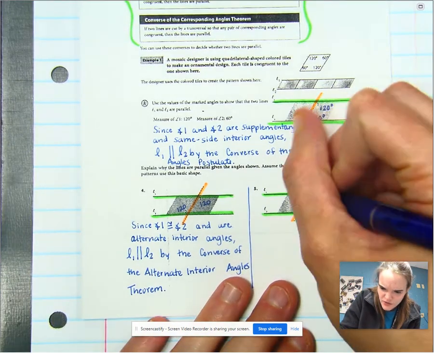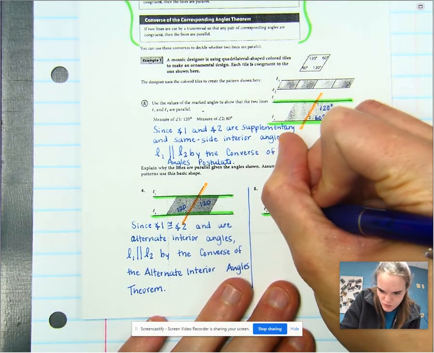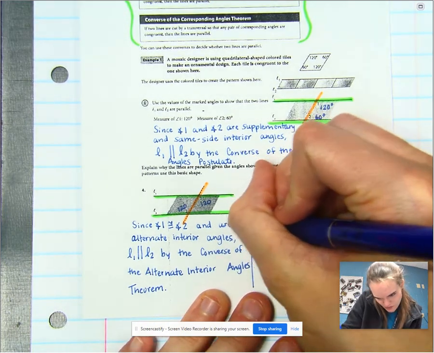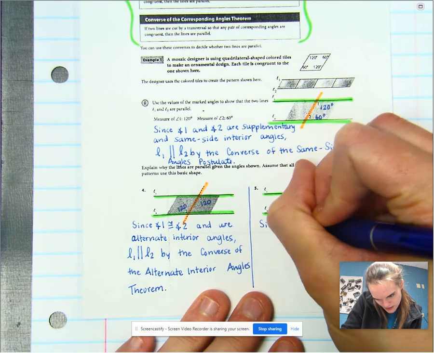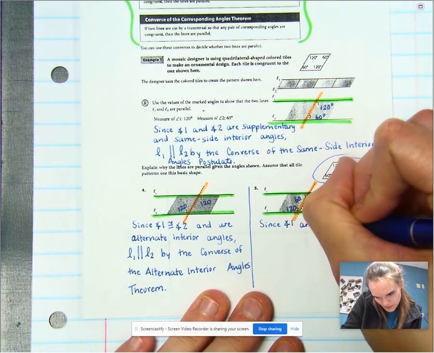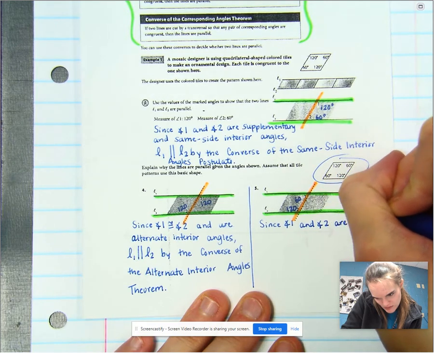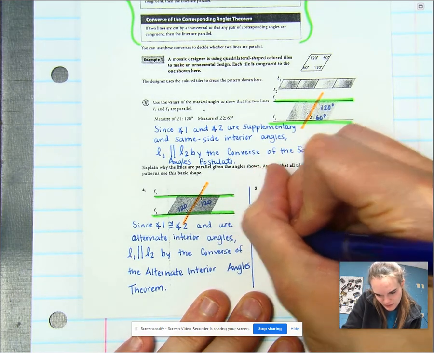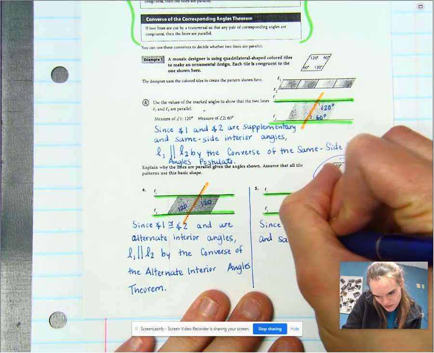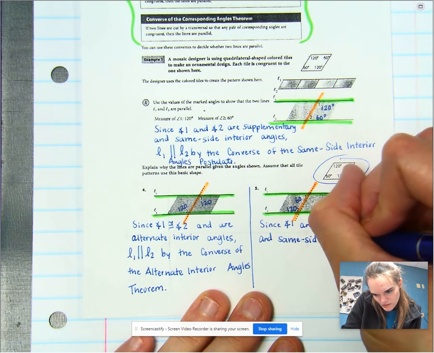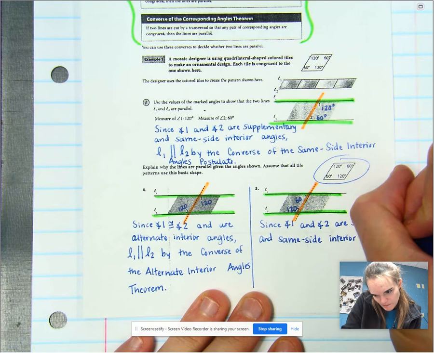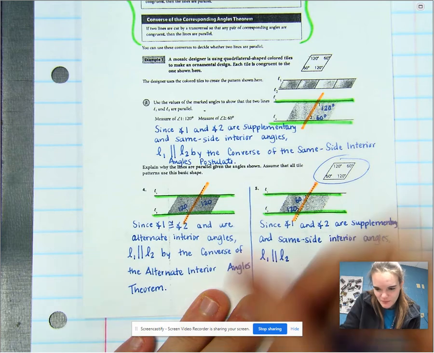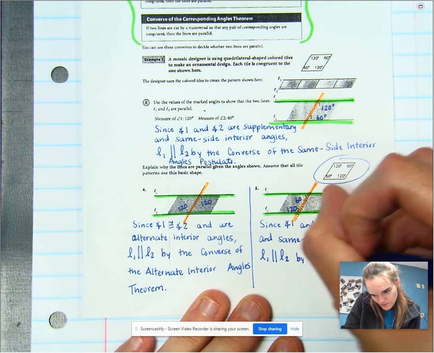Okay, number 5. So this one is 60. This one is 120. They are same side interior, so it's actually just like this one here. So since angle 1 and angle 2 are supplementary, I ran out of room, and same side interior angles, the lines are parallel, so L1 is parallel to L2 by the converse